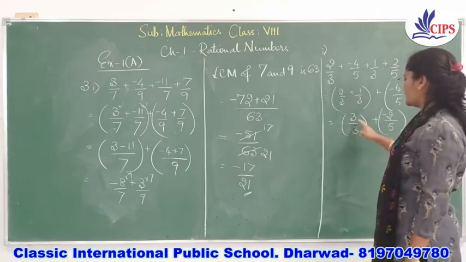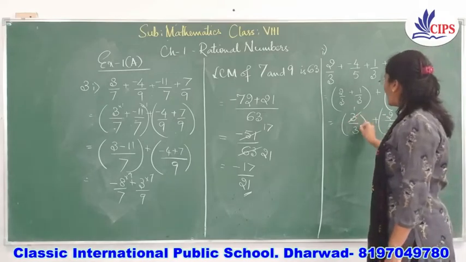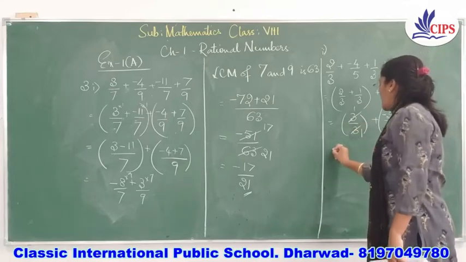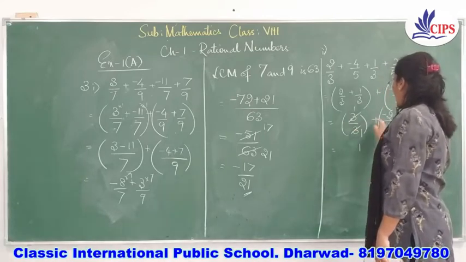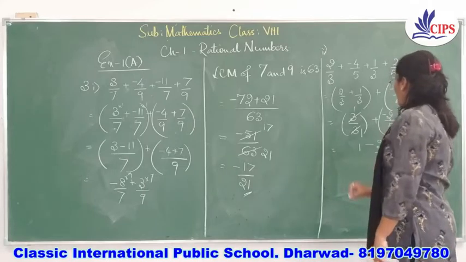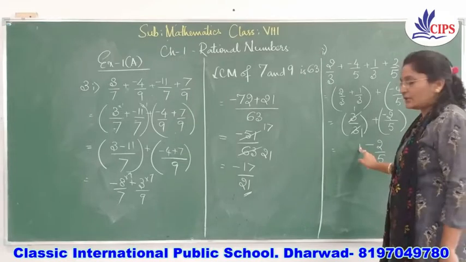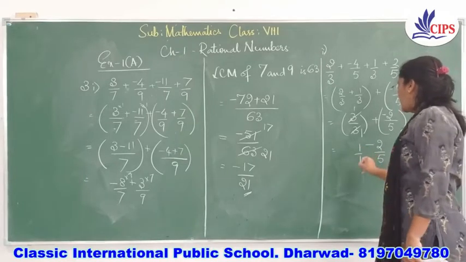You can simplify this. 3 and 3, numerator and denominator are same. You can write it as 3 ones are 3 and 3 ones are 3. So here you are left with 1 plus into minus is minus 2 by 5. Now we have to solve these, but 1 is not having any denominator. We'll take it as 1 here.